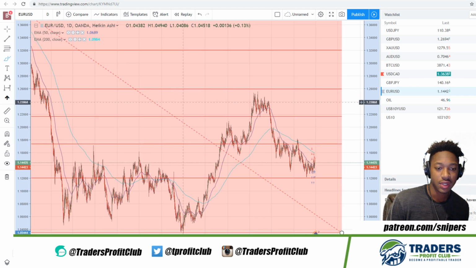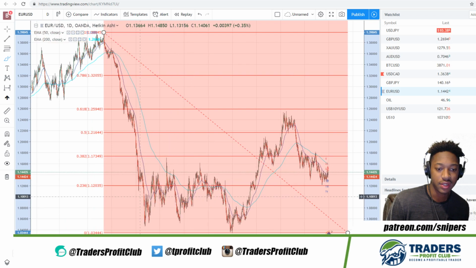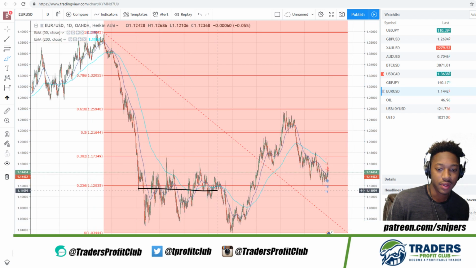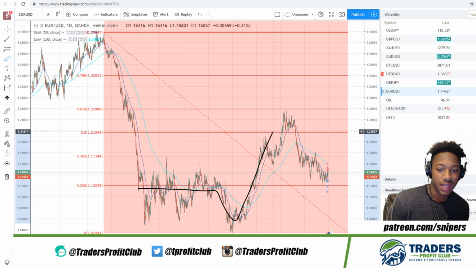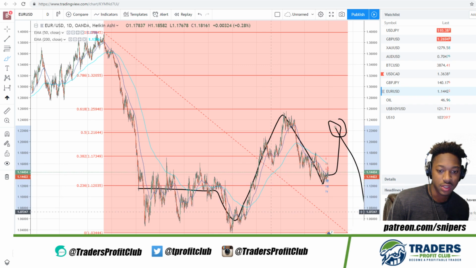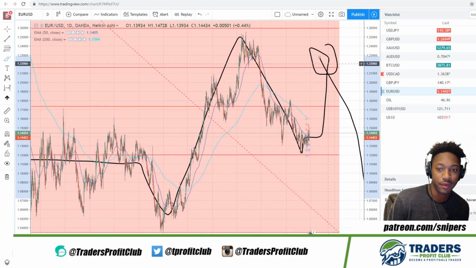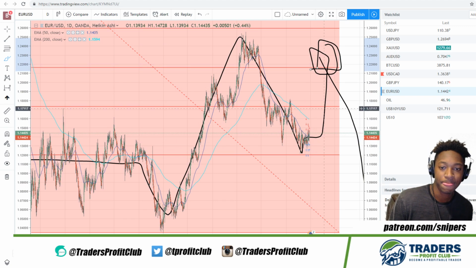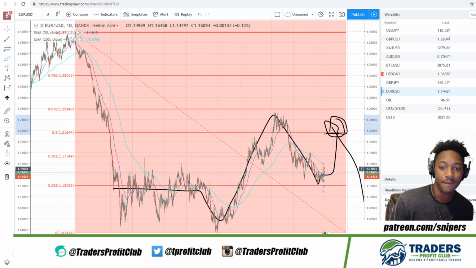Test this 23.6% moving average, and then price will drop, consolidate, test the highs, test the lows, consolidate, retest the highs, right? This area, and then come back and test those lows. And that's why we made that information at the 61.8, or you could say the 50% moving average. So this is why we put that second level, or that second leg, at the Euro USD, because that's where